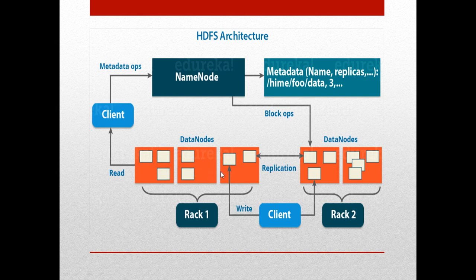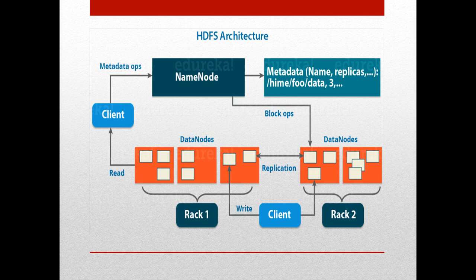The combination of multiple data nodes is known as a rack. As we can see, here are two racks. The first rack consists of 3 data nodes, whereas the second rack consists of 2 data nodes. If one of the data nodes fails, then we can recover the data from another data node. The data is replicated in more data nodes, so it is safe. Replicating the data also decreases the time required to access it, since the data is stored in multiple nodes and can easily be accessed from the data node.